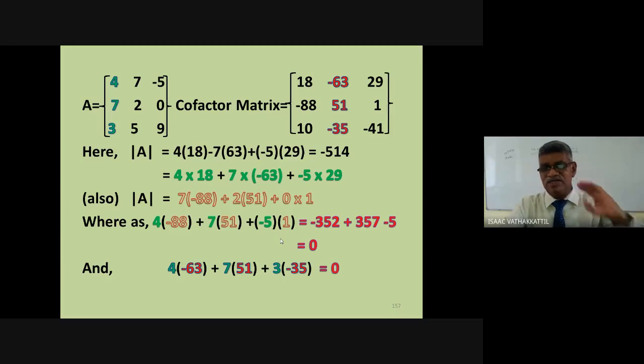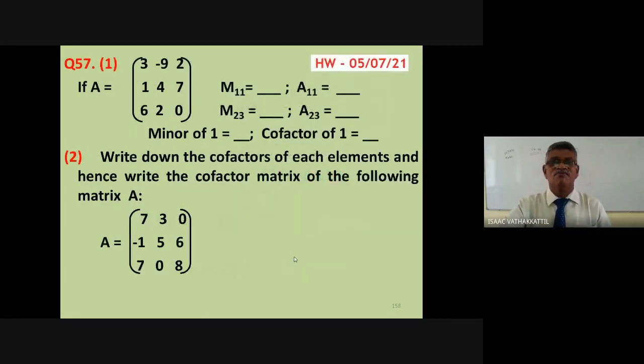Store this idea in your mind. I'll ask about it tomorrow in detail. Don't get wavered, the idea must be very strong and very clear. If we take the elements from any row and cofactors from the same row, multiply and add, you get the value of the determinant, whereas with elements from one row and cofactors from another row, you get 0.